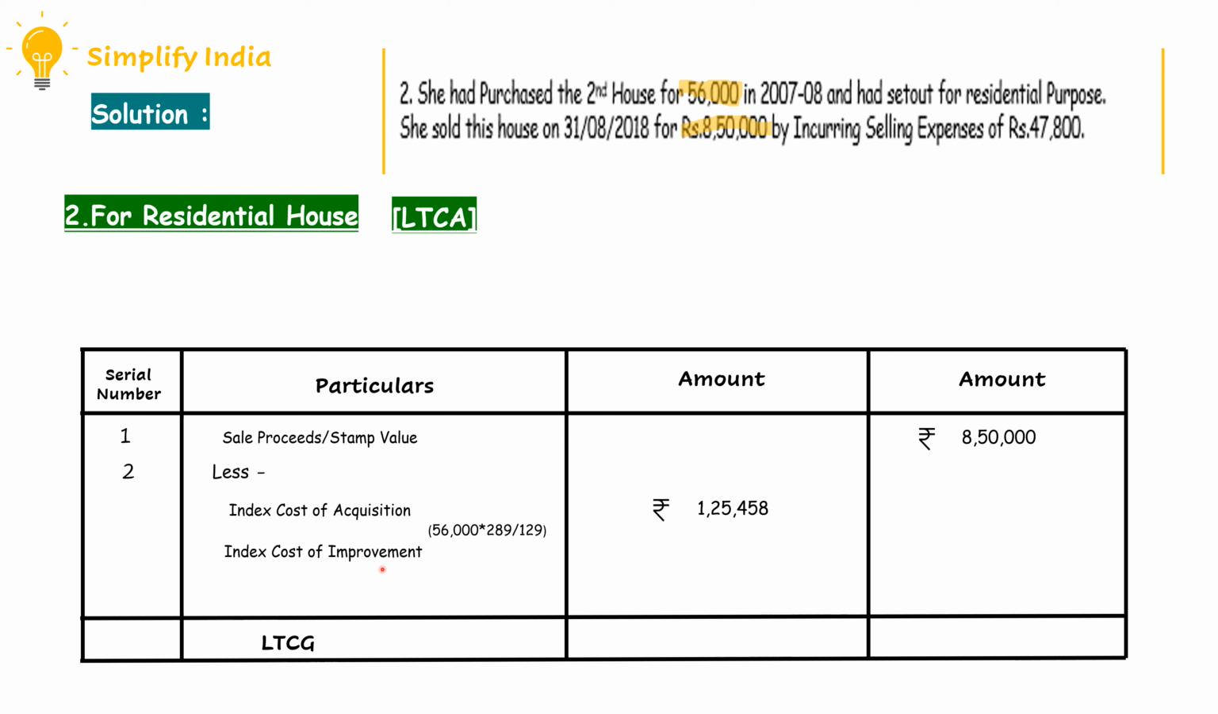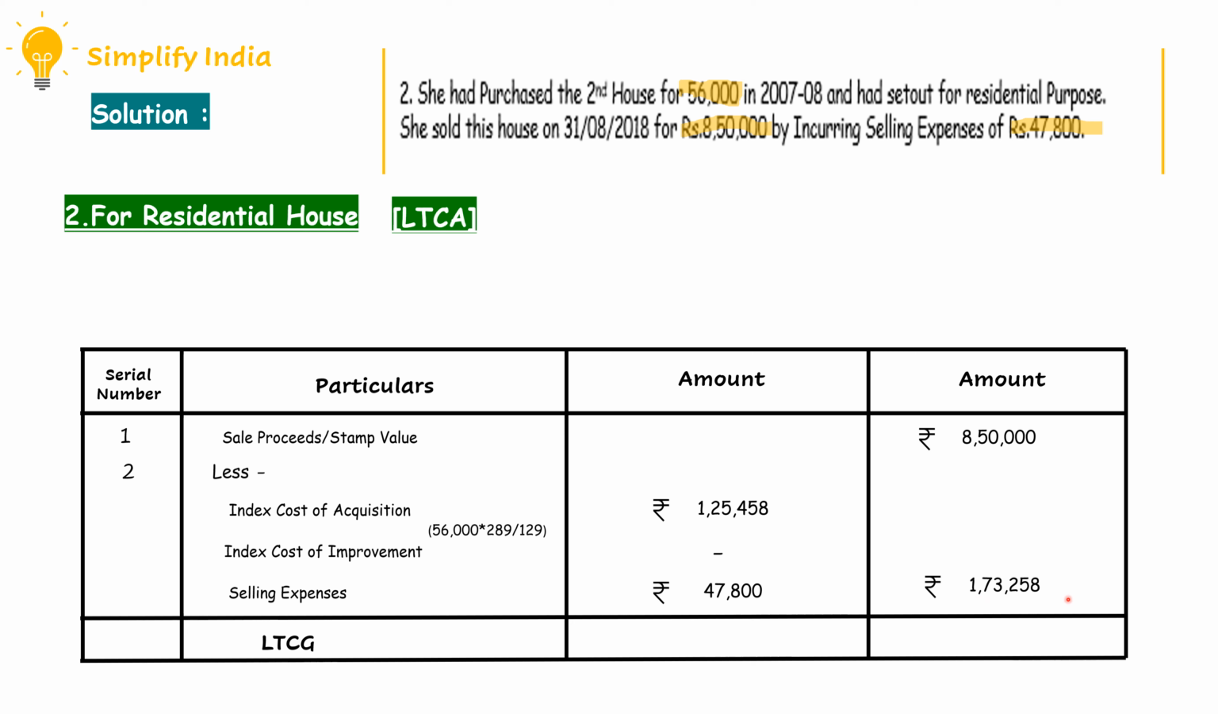Next, we have to take index cost of improvement. In the given problem, they have not mentioned anything related to the improvement or any renovation. So we have to take it as nil. Next, we have to take the selling expenses. In the problem, they have mentioned the selling expenses of rupees 47,800. So we have to take the selling expenses as 47,800. Now add both the amounts, that is index cost of acquisition and the selling expenses, and write it down in the outer column, that is rupees